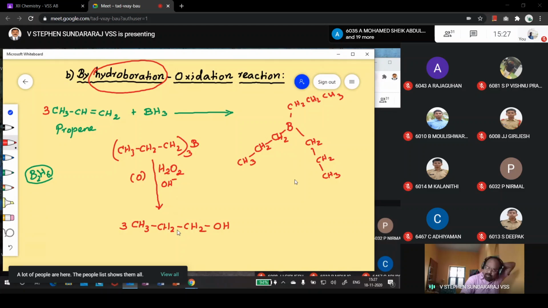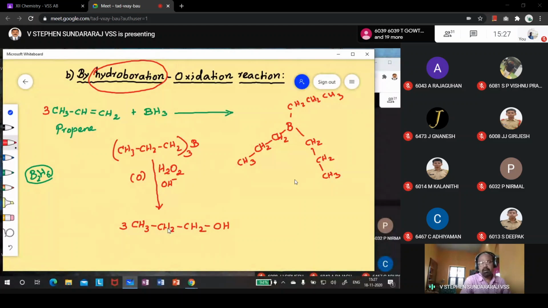Okay. Now can anyone tell me what is the difference between the earlier alcohol preparation, which was also by adding water, and now also by adding water? What is the difference? The first one is according to Markovnikov's addition. So here